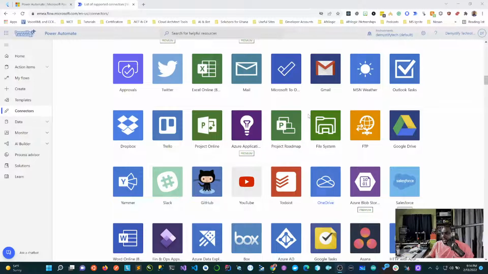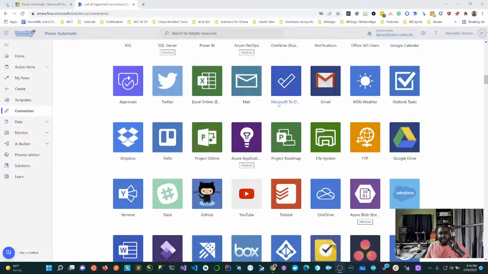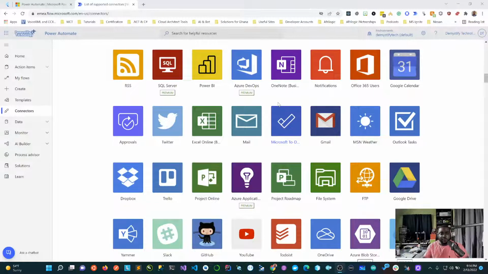Yes, Bennett, does it have Google service integration? Yes, actually, let me show you. As you can see, there's Gmail. I don't know if you can see my screen right now. Yeah, so there's Google Drive and there's Gmail. So, for example, you could create a simple flow that says, let's say, when you receive an email that has an attachment, save the attachment in Google Drive.